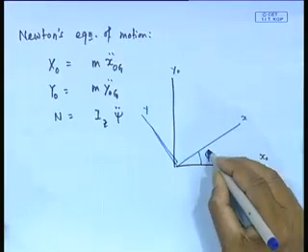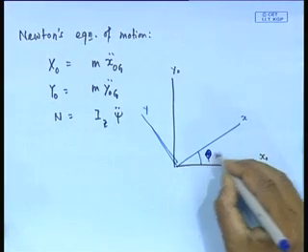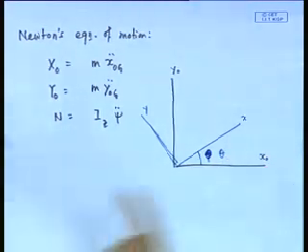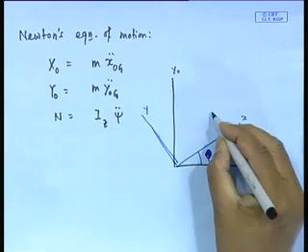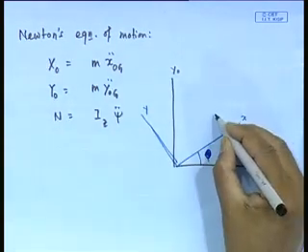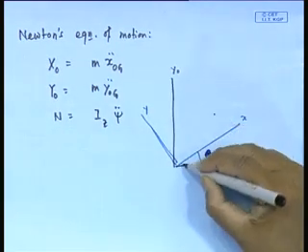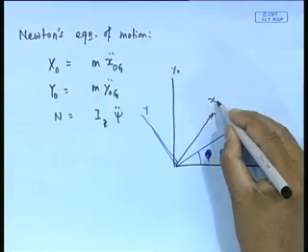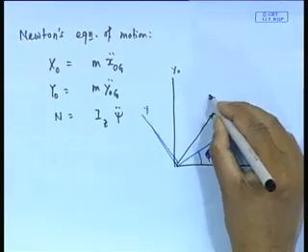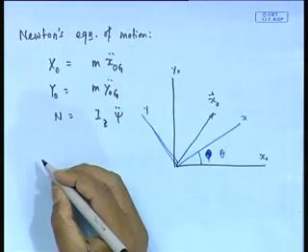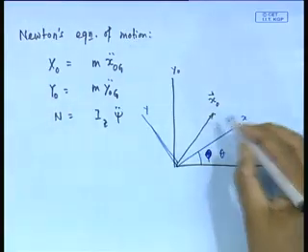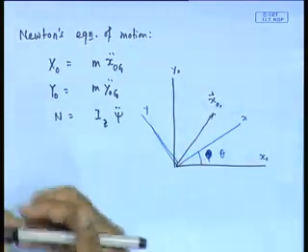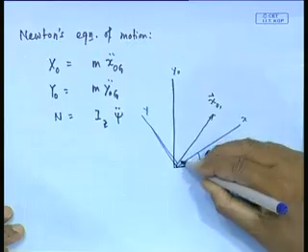Let me call it theta right now. We can make theta as psi later on. Now, everybody knows that any vector defined with respect to this coordinate system, and another one defined with respect to the same one,